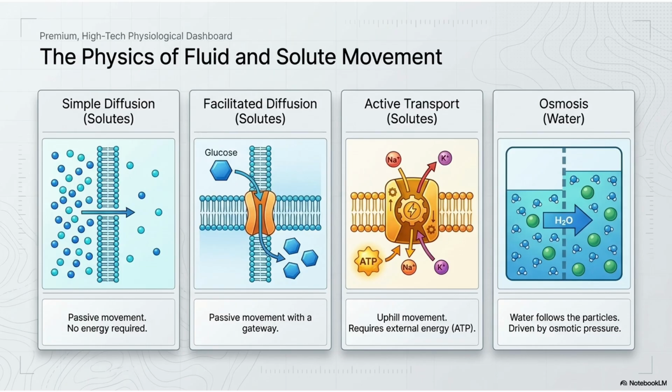So the fluid and electrolytes basically move through the body using several processes. Passive processes don't require energy. Diffusion, for example, is the movement of molecules from higher concentration to low concentration. Facilitated diffusion is similar, but it requires carrier proteins. It still doesn't need energy, but it needs the carrier proteins to help move larger molecules across the membrane. Osmosis refers specifically to water movement. Water moves towards the area with a higher solute concentration to equalize concentrations on both sides of the membrane.